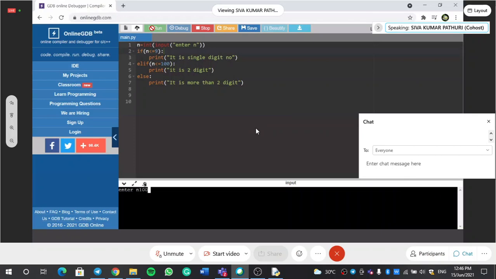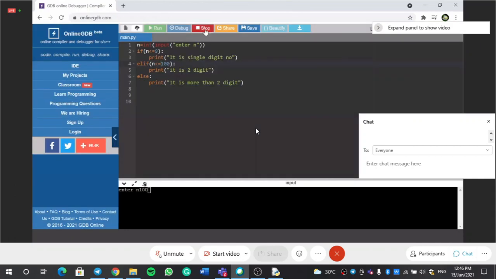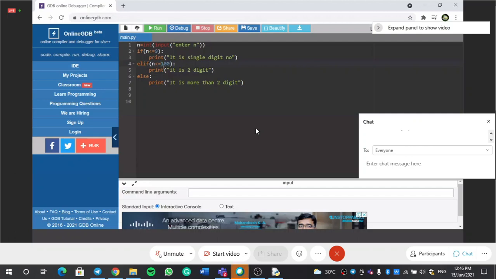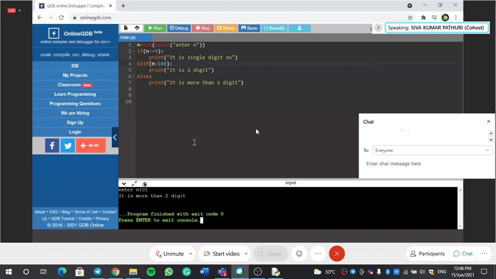If I write n value as 101, it prints the other case, more than 2 digit. So this is how you can implement if else and elif in Python, right? Now I'll continue with loops. Generally,